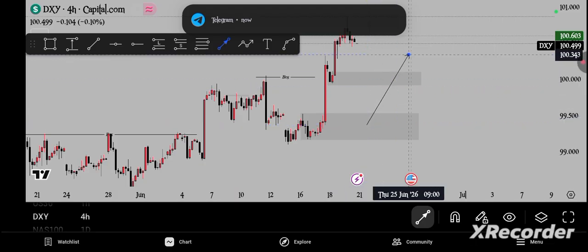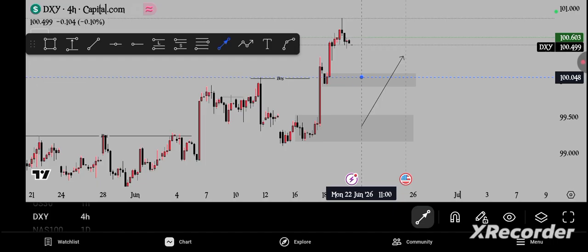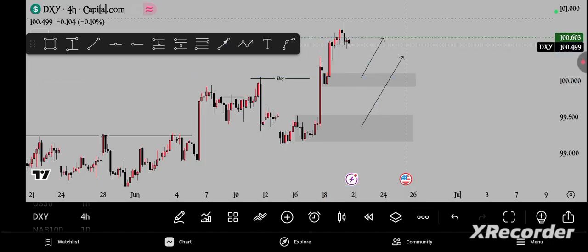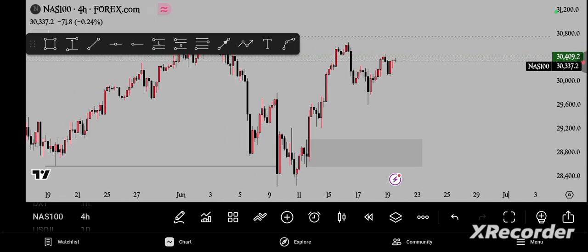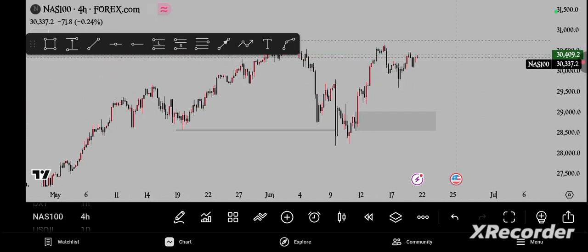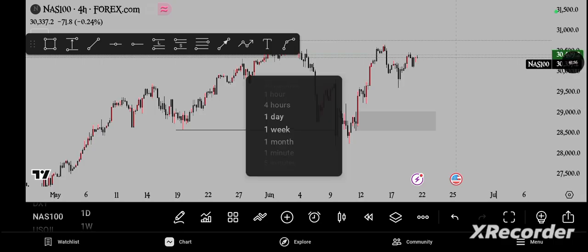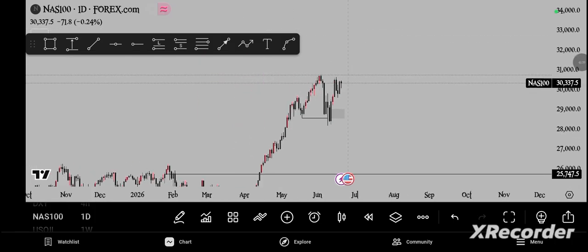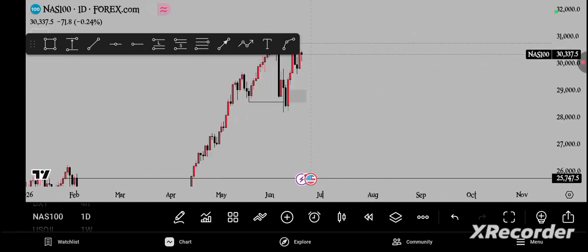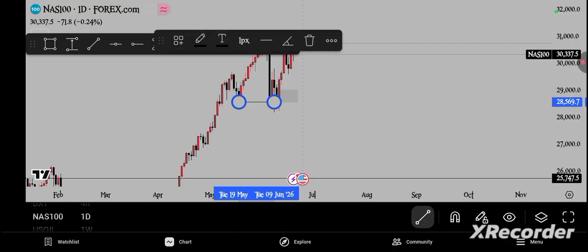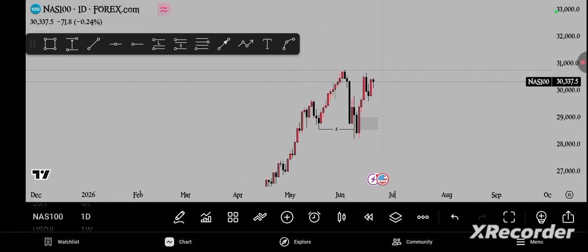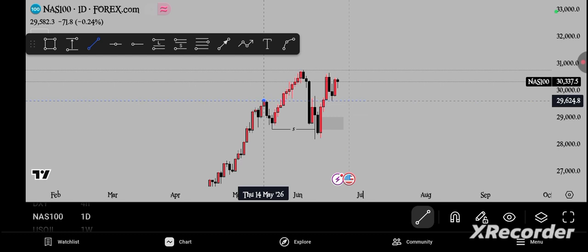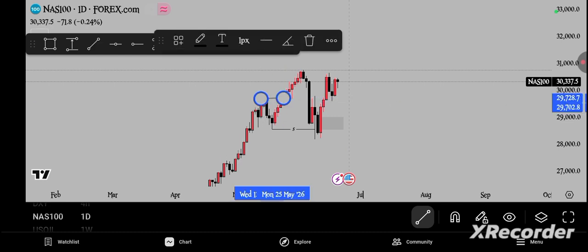On NAS100, on the 4 hour time frame and on the daily time frame, you can see we have been bullish. So after this liquidity sweep, the daily low sweep on NAS100, after the sweep of this low that caused a break of structure,